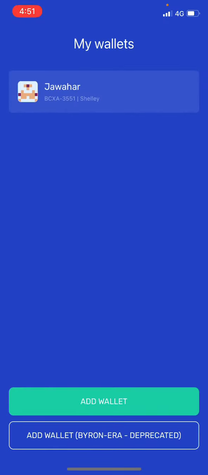If you are creating a new wallet, it will ask you to have a password, and please save that password because it will be used in transactions, and it will give you a seed phrase, and please note that seed phrase in your notebook. Okay, that's what I want to say.